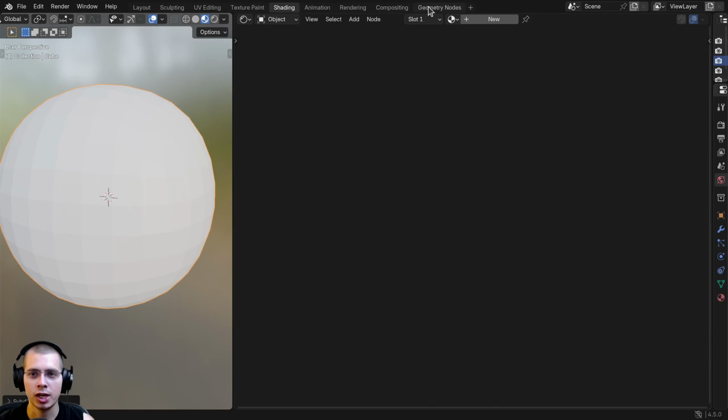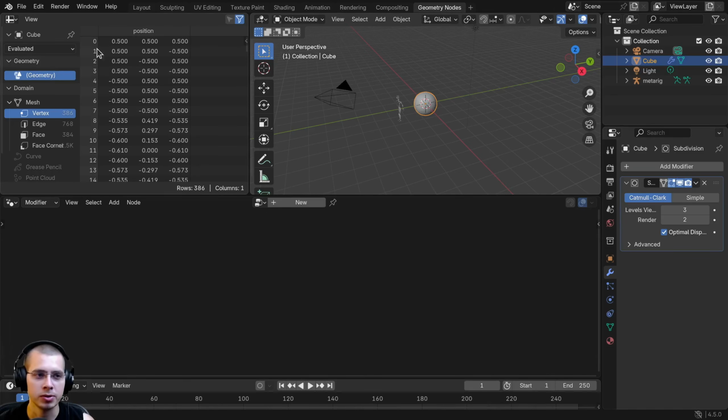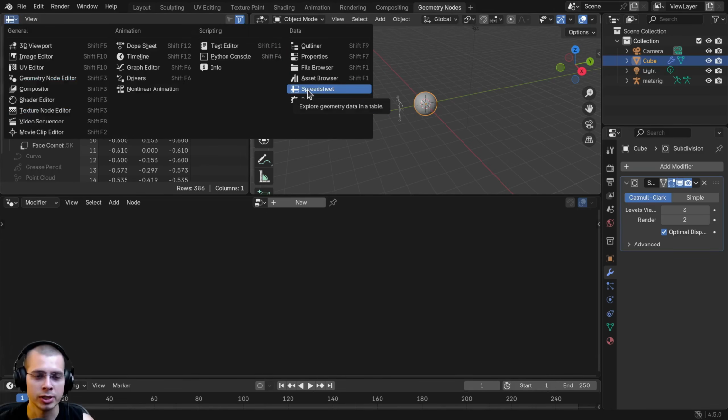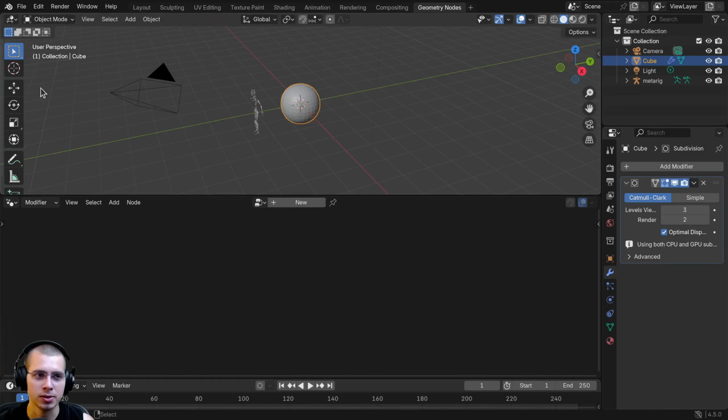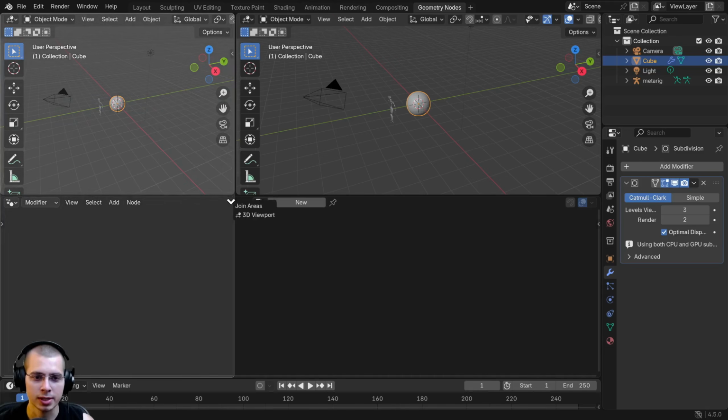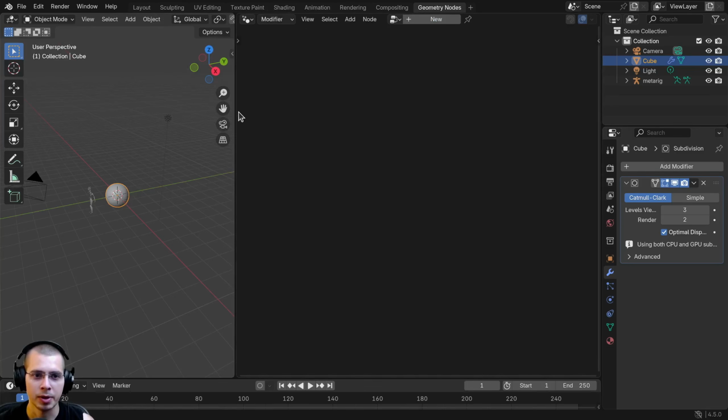So now let's go to the geometry node editor. So we'll go to geometry nodes, and this here is the spreadsheet, but for most things I don't use it. I only use it very occasionally. So I just click here and close it, but I can of course open it up whenever I want. And then also I'll do the same thing here. So split the window, drag this down here and drag this up here so that we have a really nice